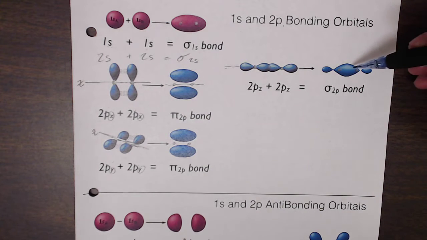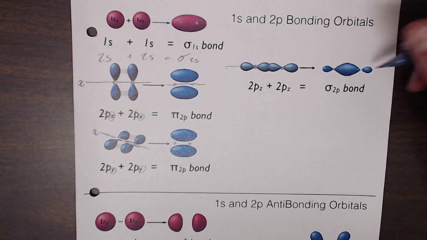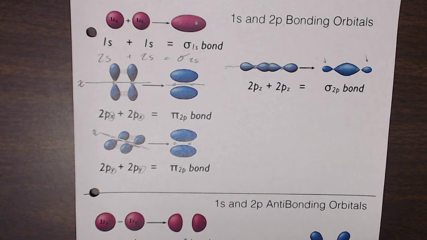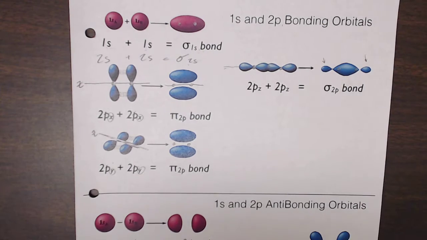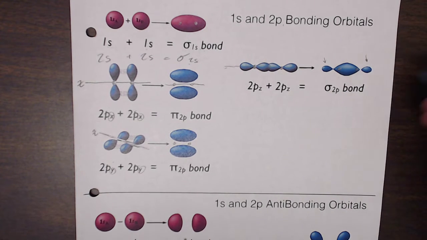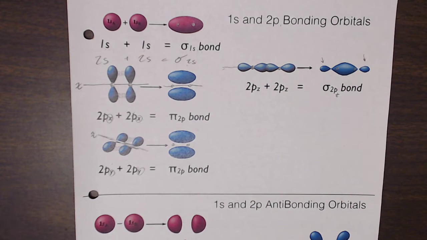And so it's a sigma bond because it's electron density existing between the two nuclei. And there are these two lobes, some small finite probability of being found outside there. However, it is important to note that we can make a sigma bond from 1s, we can make a sigma bond from 2s, and we can make a sigma bond from 2p, but that's specifically a sigma bond from 2pz,